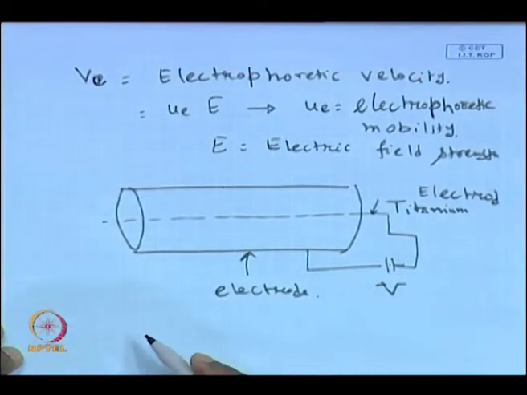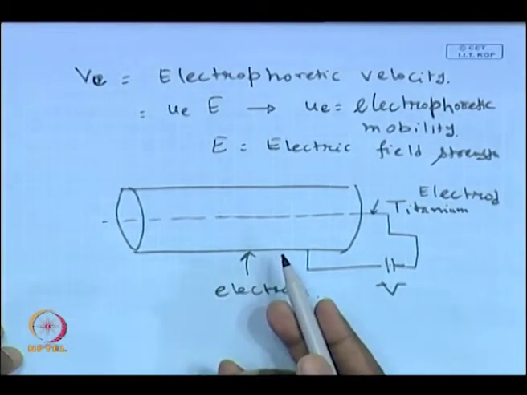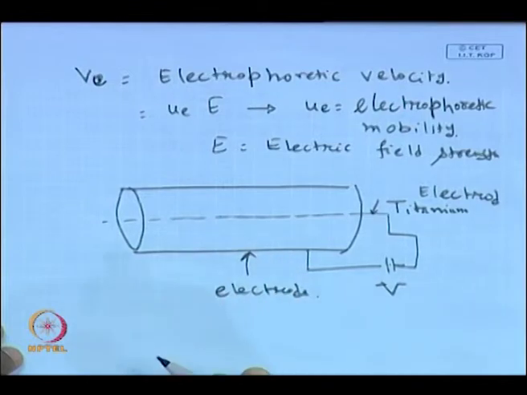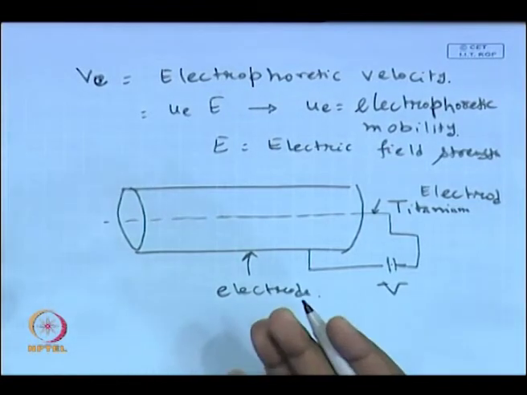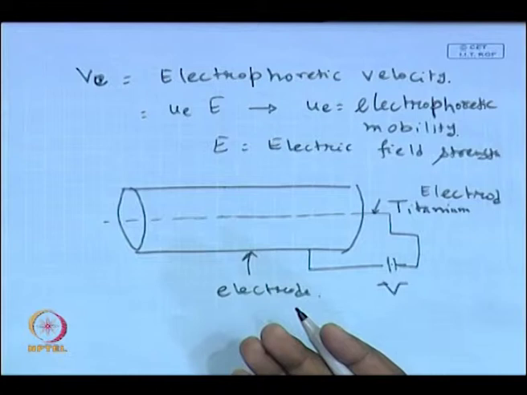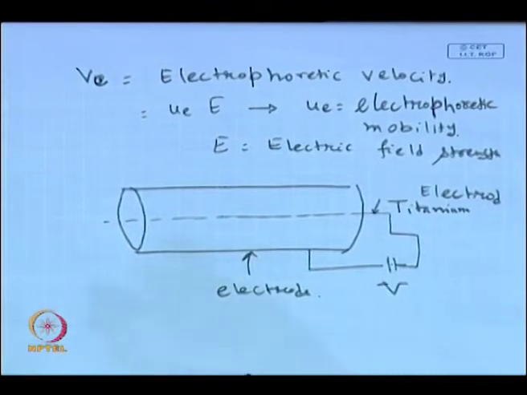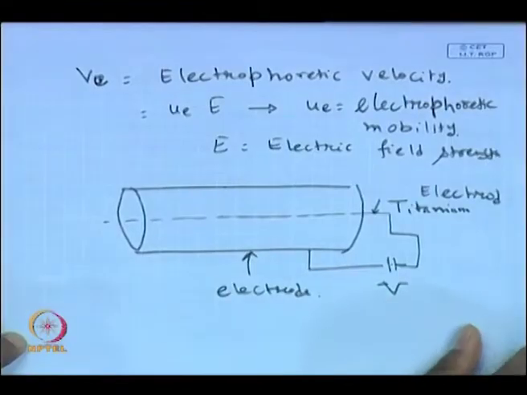That is how the electric field will be generated in this particular setup, unlike the rectangular plate. In a rectangular coordinate system, if it is a flow through a rectangular channel, it is very easy to identify the electrodes. The top plate and the bottom plate, you can connect with the external power supply. But in this particular case, you have to do a special arrangement by inserting a titanium rod or electrode in the middle of the whole setup tube.